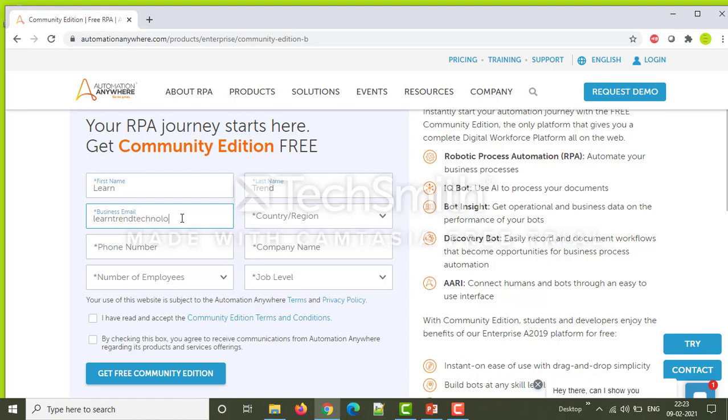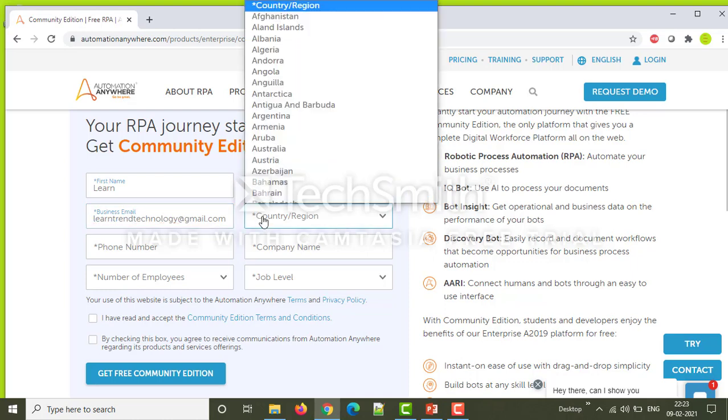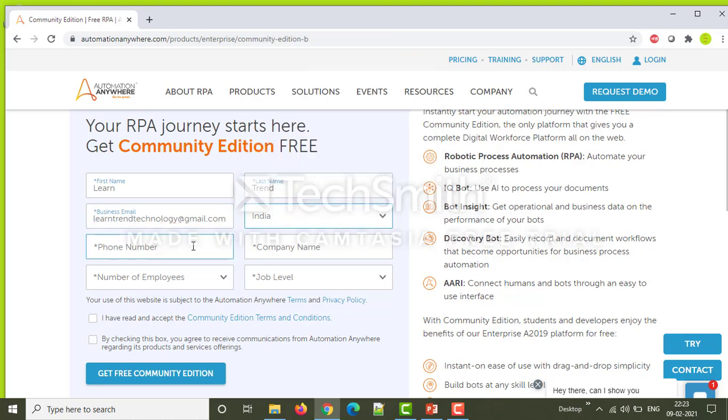So you have to provide all the details, including the email ID. Then you have to click on get free community edition.